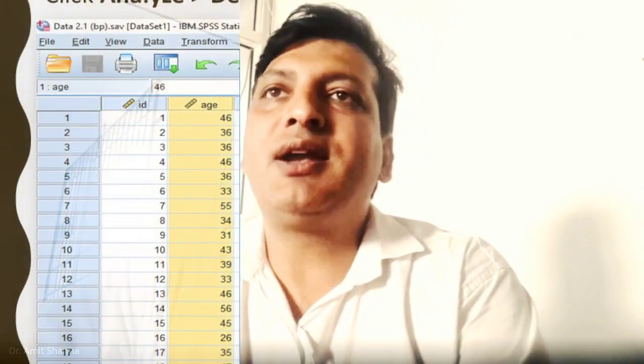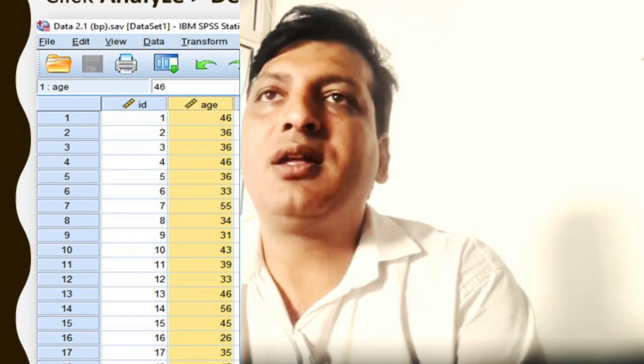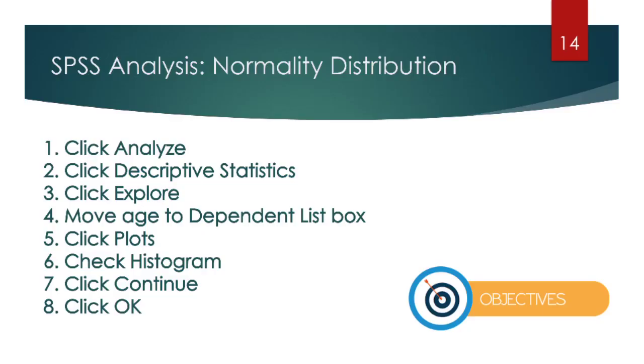You can see that I have entered the age of the patient here, which is a numerical variable, and I'm going to find out the normality distribution of the age. That means whether the age of the patient is normally distributed or not. So how to do it? There is a command in SPSS called Analyze, and after Analyze you can go to Descriptive Statistics. So you are going to get this particular window.